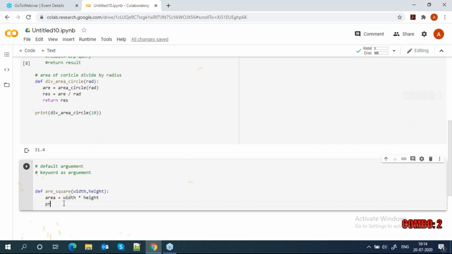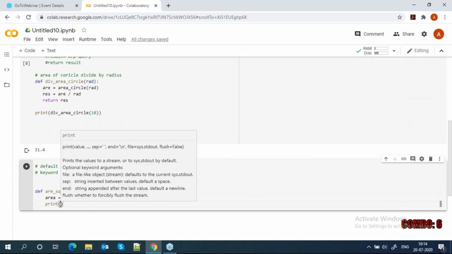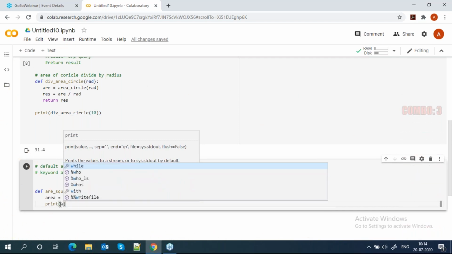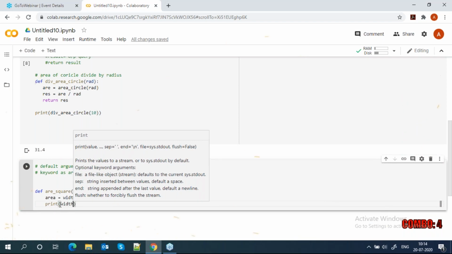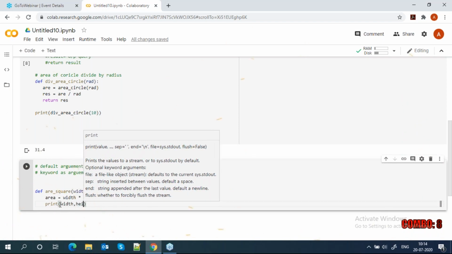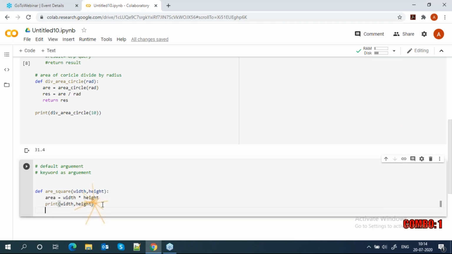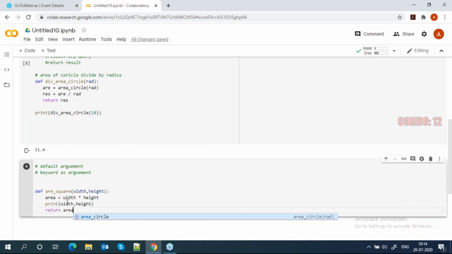So here also we are using a print statement. We can see how our value is passing. Why did I put a print statement here? At least you know what arguments are passed here.